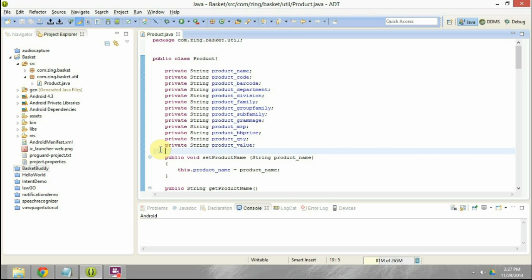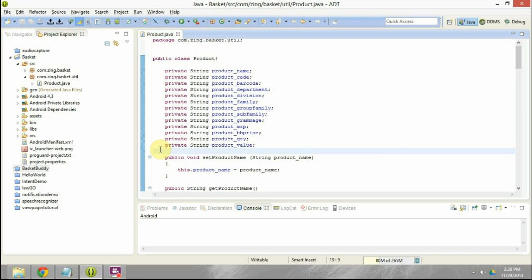How do we achieve that? One way of doing that is to create multiple array lists of type string, one for product name, one for product code, the third for product barcode, and so on. But this particular method has its own challenges. The challenge would be with respect to maintaining all these different array lists in sync, because if the indexes go haywire, then one product name and the product code and the product barcode may not be in sync, and this is obviously going to complicate the code, and it is not a good way of handling this situation.